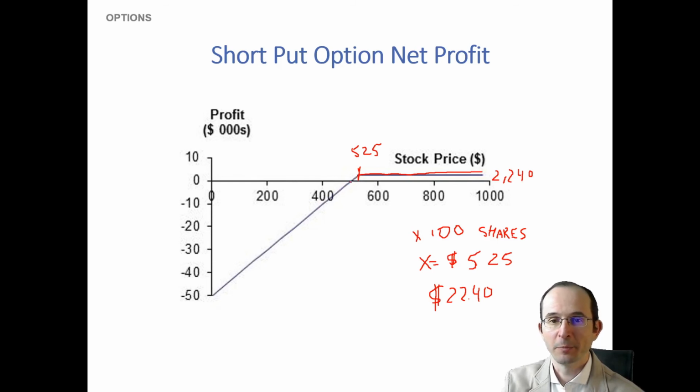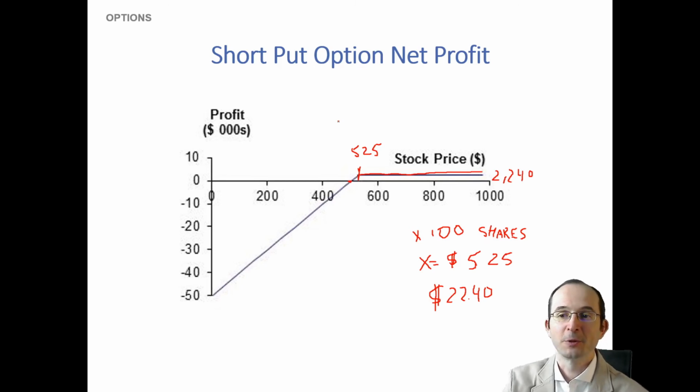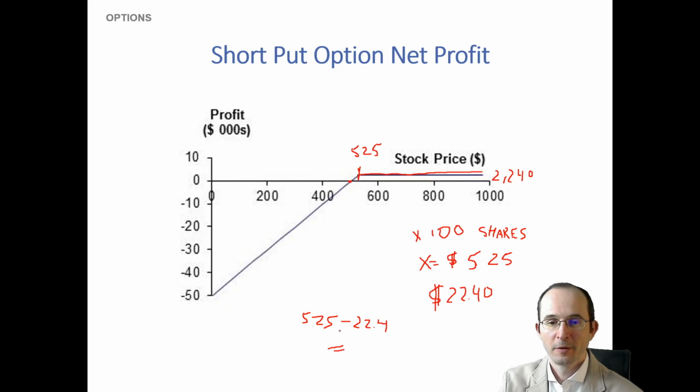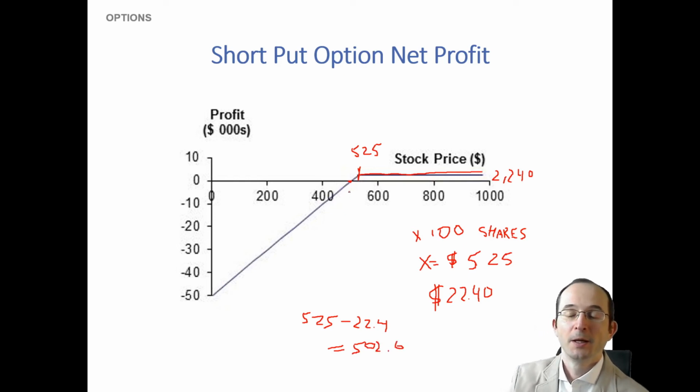So we can again think about where the break-even point would be, where this payoff would intersect the horizontal axis. That would of course be where we have lost as much on having to buy Google at $5.25 as we have gained in the premium for selling that right to do so, which would be the difference. That would be the $5.25 minus 22.4, or 502.6. So at that point,